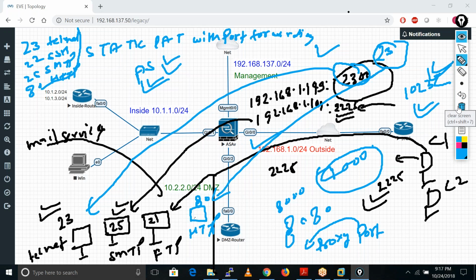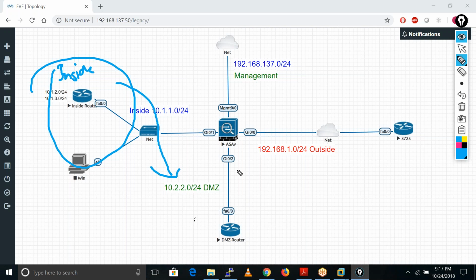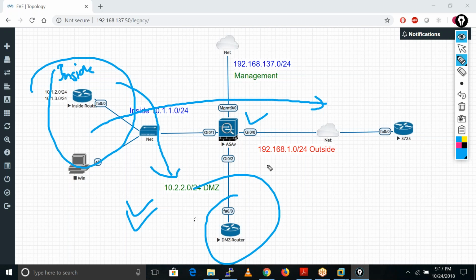Let's suppose these are your inside users, and they want to communicate with the DMZ only. Then you don't need any public IP address. You need only one public IP if these users want to go towards the internet. That's it.